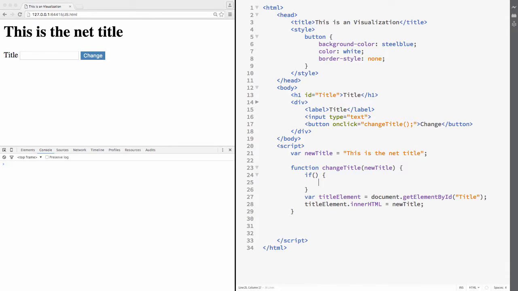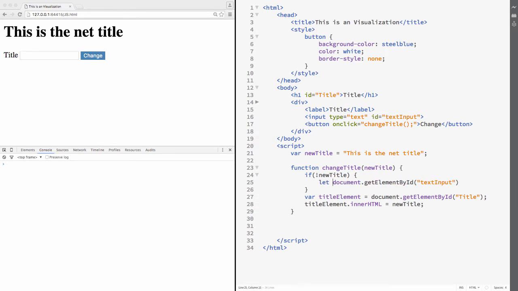So if there is no new title, in this case, if no new title is passed as parameter, I will get the value from the input. So the input also needs an ID now. So I add one ID to it, and then I can call it from here, document.getElementById textInput,